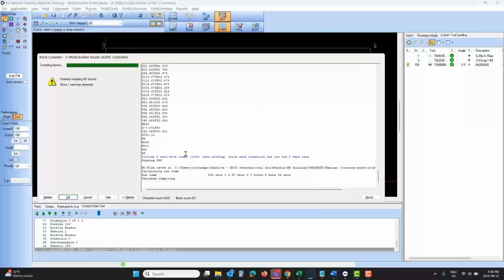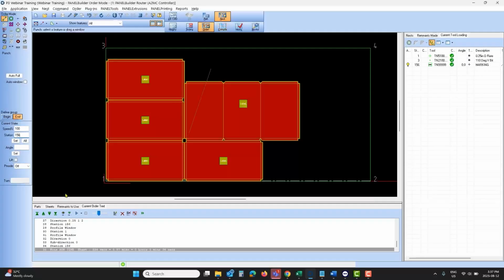This will give us a little bit of an error, but that's okay. The error that's appearing is telling us that this is going to affect any drill holes that we have as well. With us not having any drill holes in any of the parts we've created, there is no risk of that. If you do have drill holes in your project and you are using the router bit, you would need to identify this with a different station tool, and then that way in compiler you can update the settings for the one without reverting the other ones. So we're going to hit OK here,